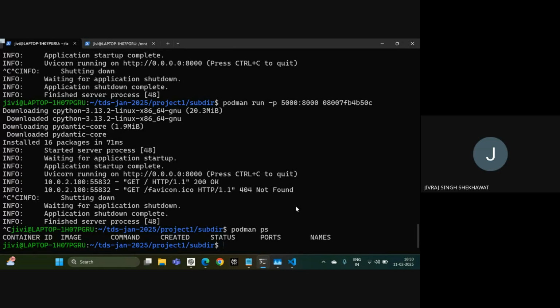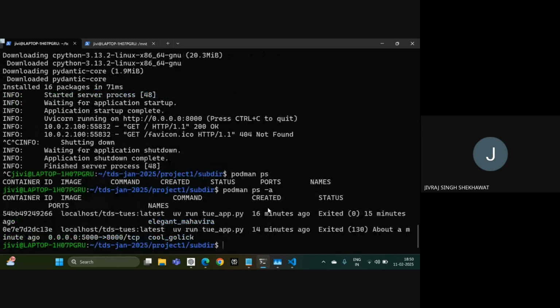So this will display us all the active podman containers which are running right now. So right now there is nothing that is active because we have finished this particular process. We have shut it down, right? So we have shut down that particular container, or we can call it machine. So now we'll see which all containers were previously running or are running. This -a will list all the containers which were either earlier running or they are right now running. But right now there is nothing that is running. So whatever it will get us will be the older containers,